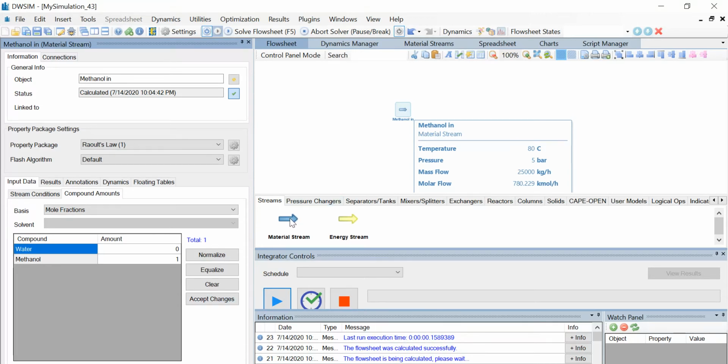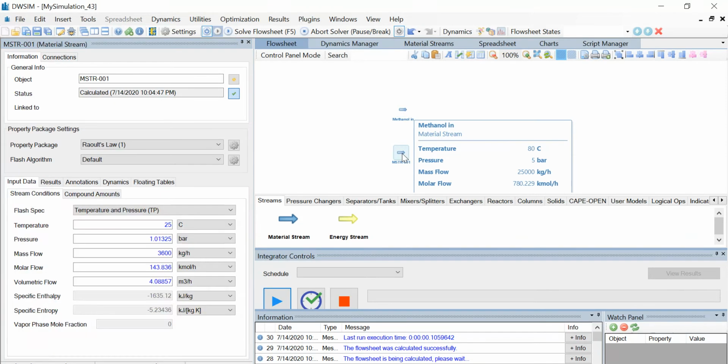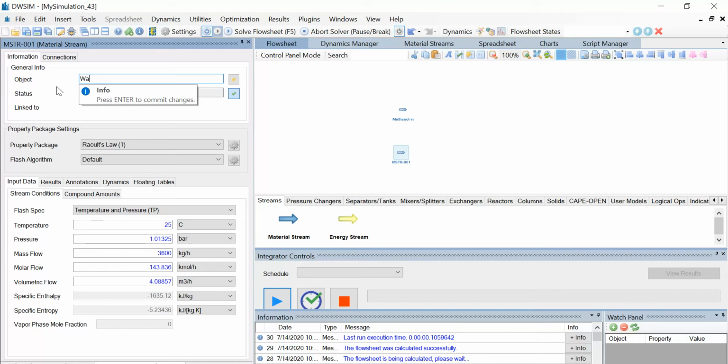Similarly, let us introduce another material stream for water. Click on the material stream and change the name to water in. Similarly, keep the flash spec as temperature and pressure.